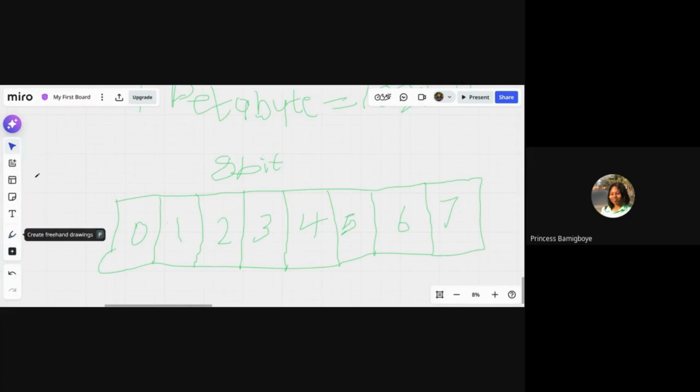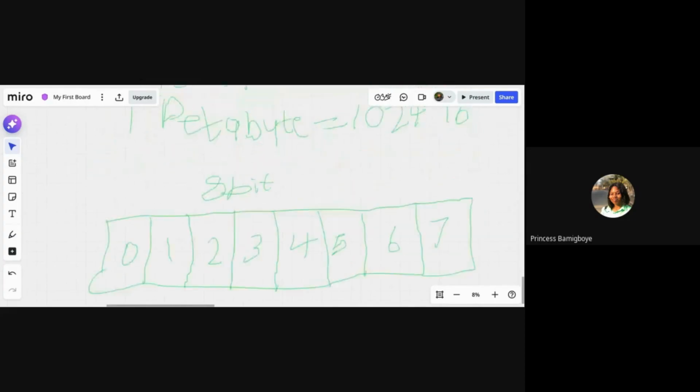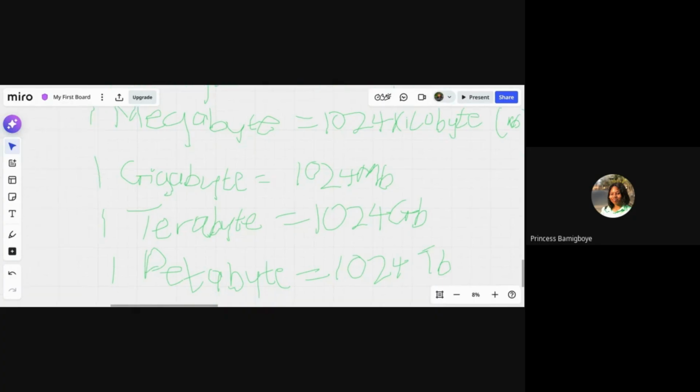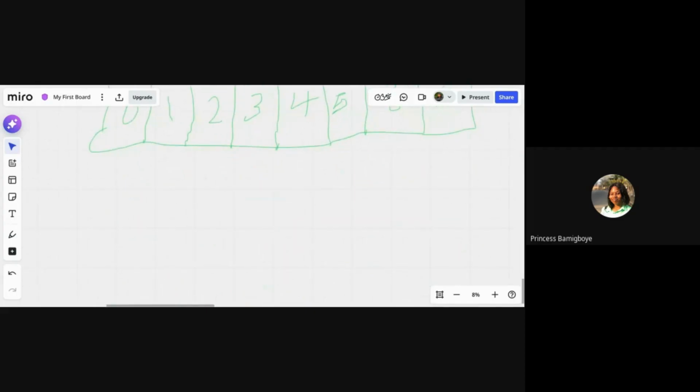So after taking these 8 bits into consideration, I want to apply that same principle to this 1024 that I see here. Instead of 8 bits, let's say I'm using 1024 bytes, 1024 kilobytes, whatever.